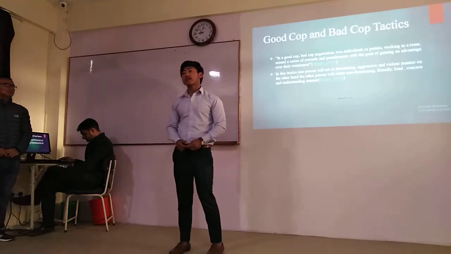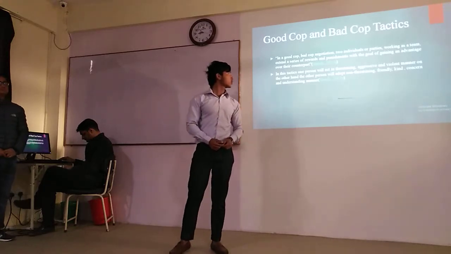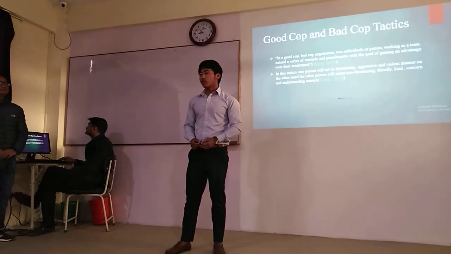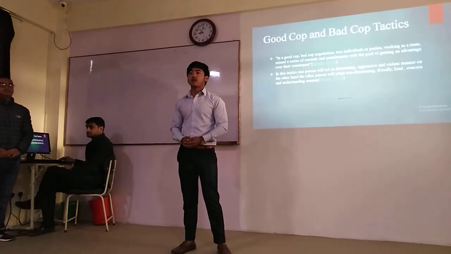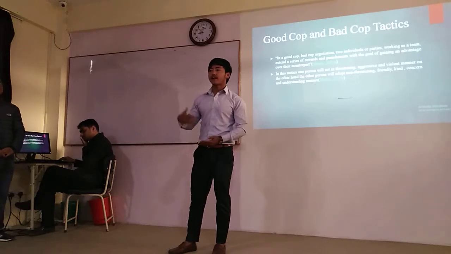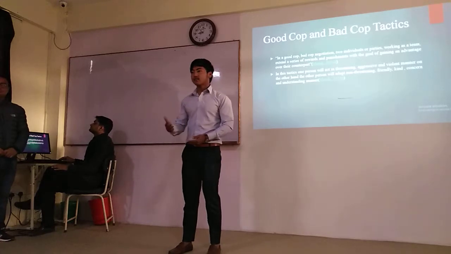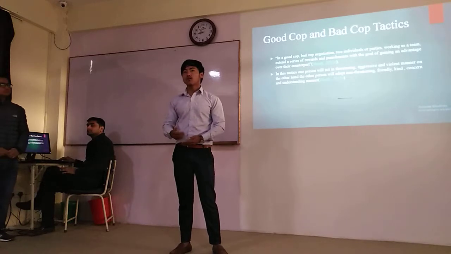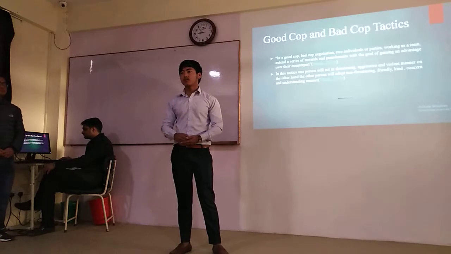There are many tactics, out of which I've selected a few, one of which is the good cop and bad cop tactic. What happens in this tactic is that two people play the roles of a good cop and a bad cop in order to negotiate with the other party or the accused person. The good cop will be friendly, sensitive and caring, whereas the bad cop will be rude, aggressive and violent. They take turns in order to negotiate with the other party. This is widely seen in television series, movies, or in a crime scene.